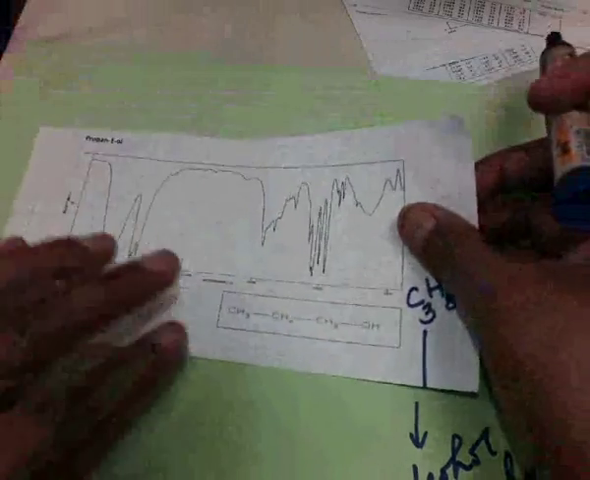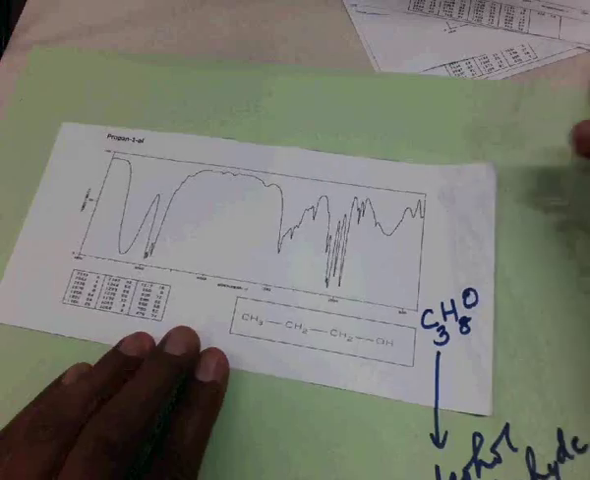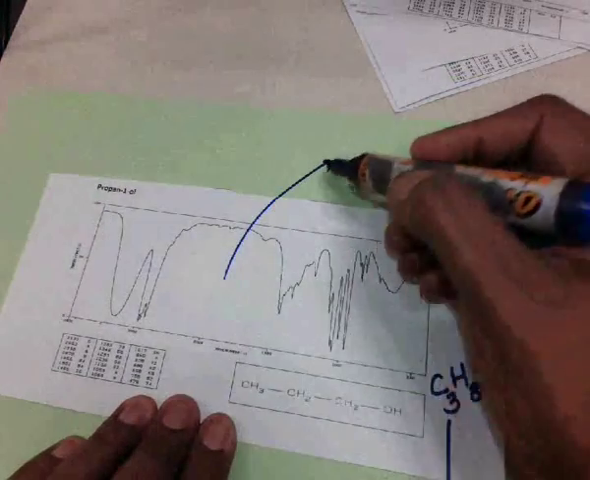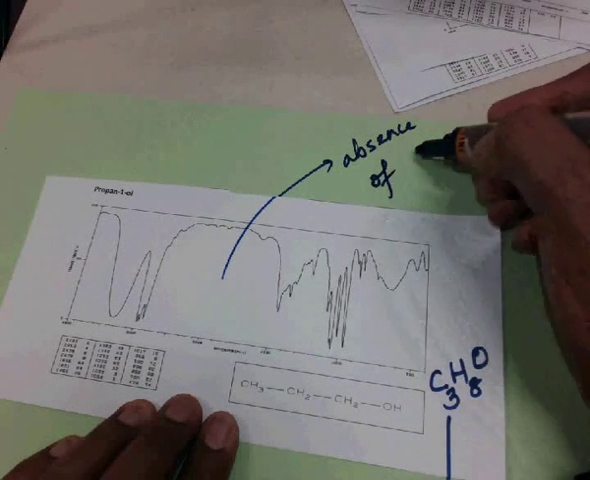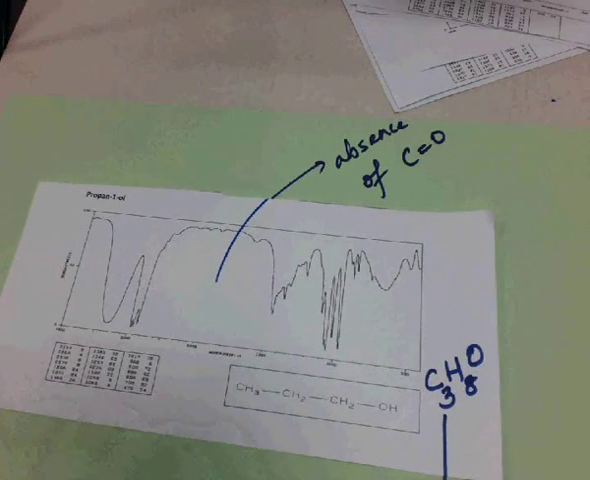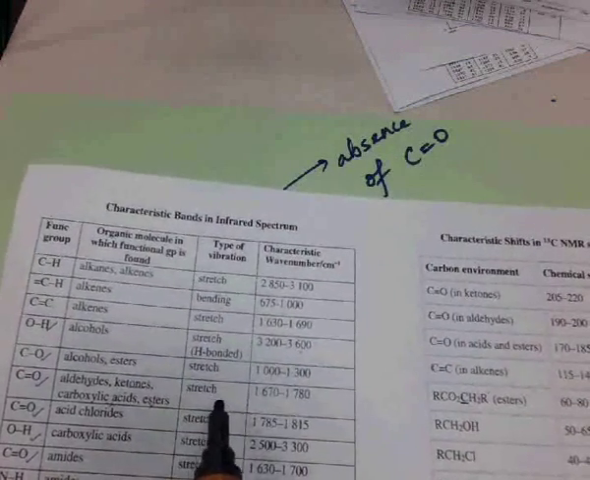Okay, so let's go and write down what is absent. So we rule out what it cannot be: there is the absence of the C double bond O. What does the data sheet call it? It's called a C double bond O stretch between